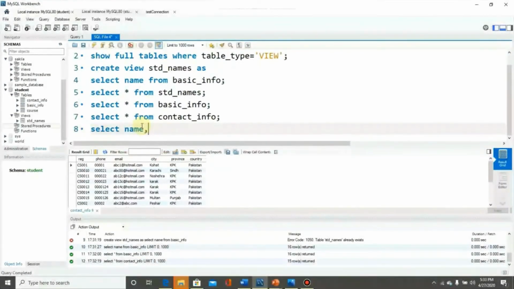So here I must type select. I need registration number and name, and then province.